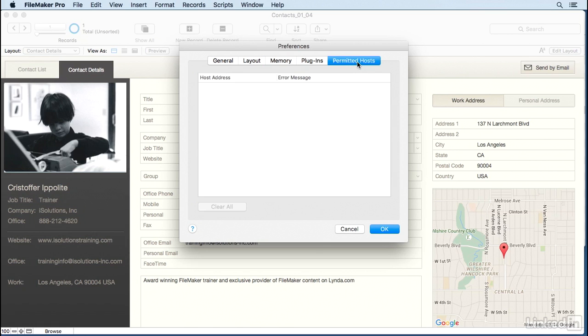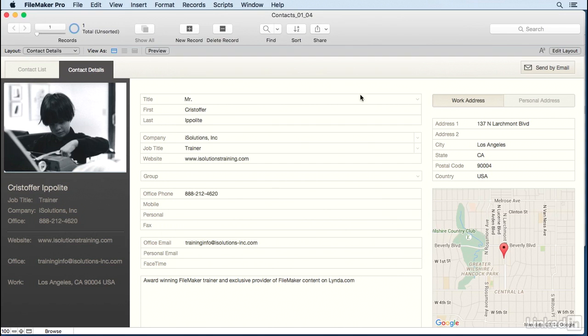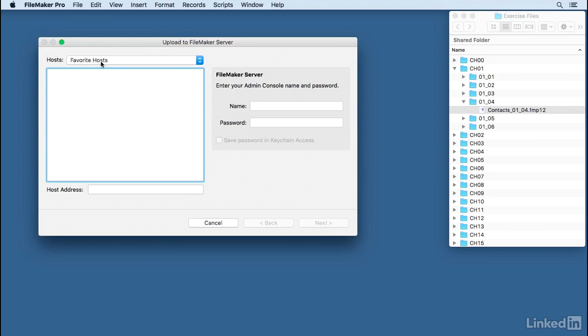And finally, there's this new feature in FileMaker which allows you to save your account name and password logins to the keychain. And when you save those to the keychain, you might be connecting to non-secure hosts. One of the big focuses of FileMaker 15 is making sure that you're locking down your databases and that you're not connecting to hosts that might not have encrypted connections. If you choose to connect to a FileMaker server that has an encrypted connection, you can save that connection here in the permitted hosts. Like for example, if I try to upload this file to FileMaker server,